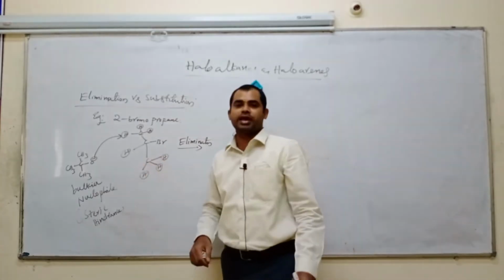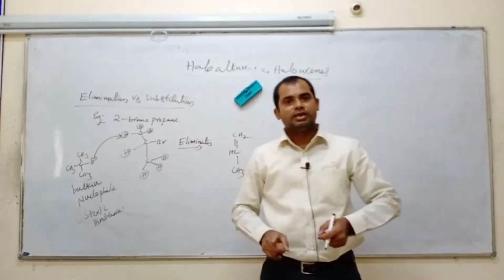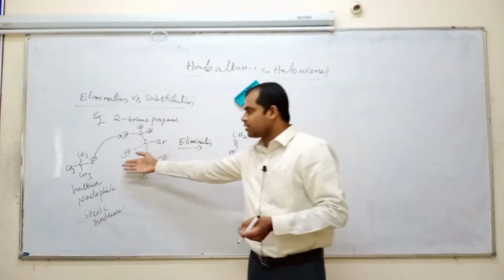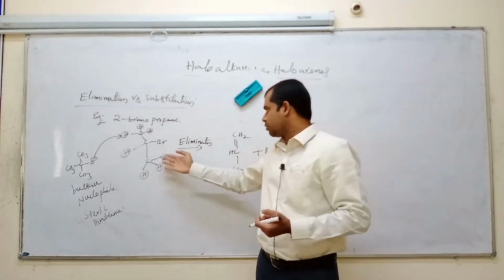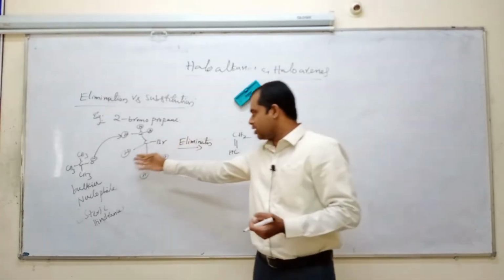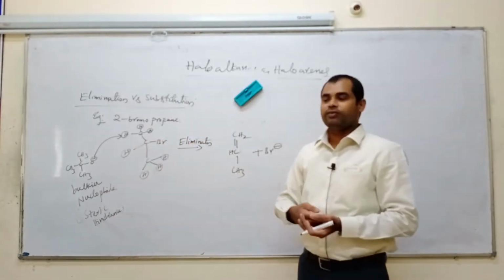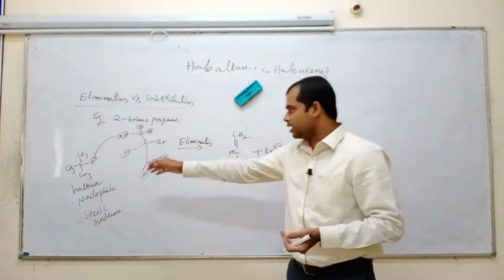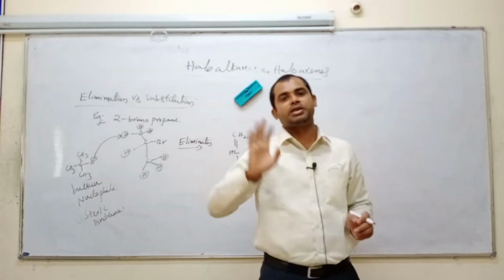That means here you can understand it depends on what I said. When alkyl halides react with a base, there are two competing routes: one is substitution, the second is elimination. Here the size of the nucleophile is bulky, the size is more. Always remember, when haloalkanes contain a beta hydrogen atom and react with a base or nucleophile, it depends upon the size of the nucleophile only. A small nucleophile easily undergoes substitution, but a bulkier nucleophile always undergoes elimination reactions only.